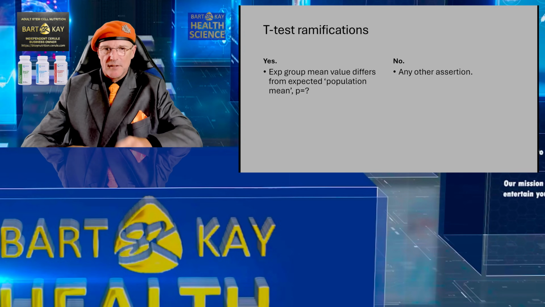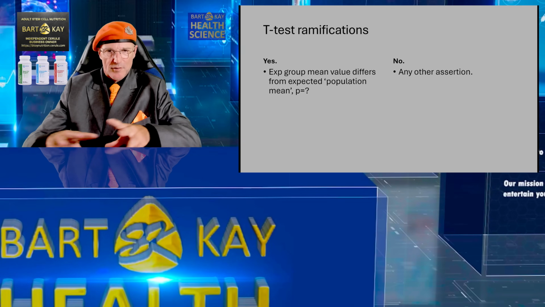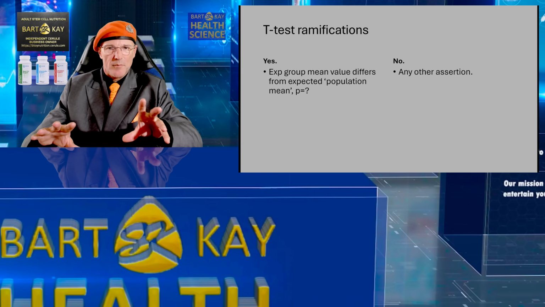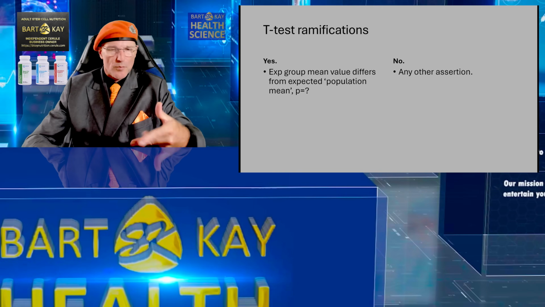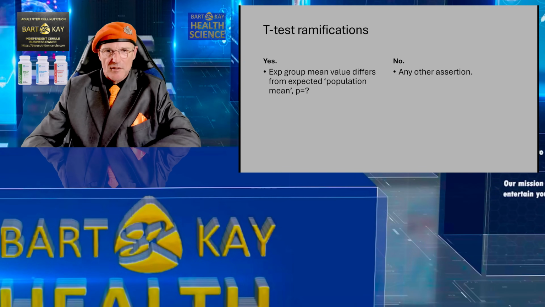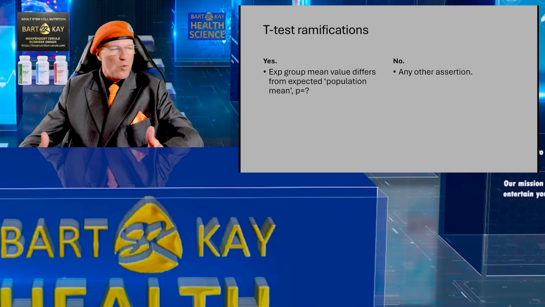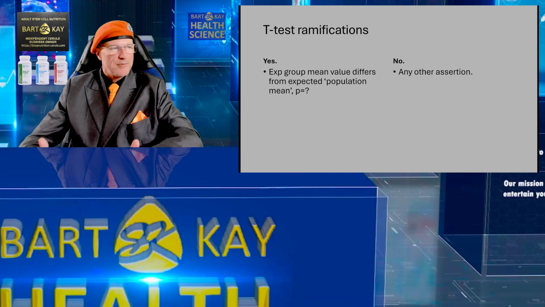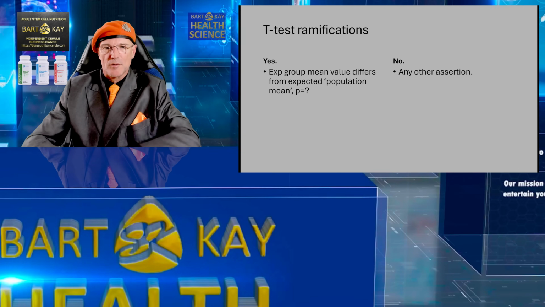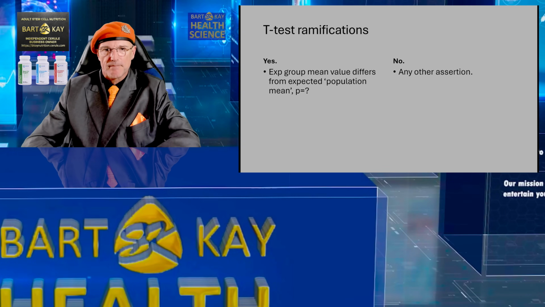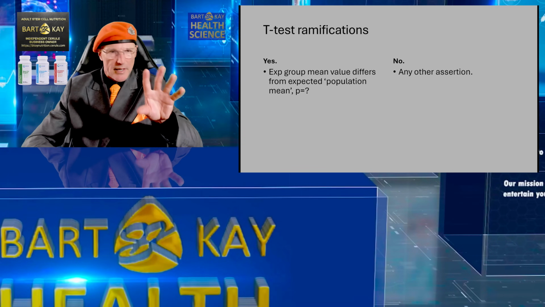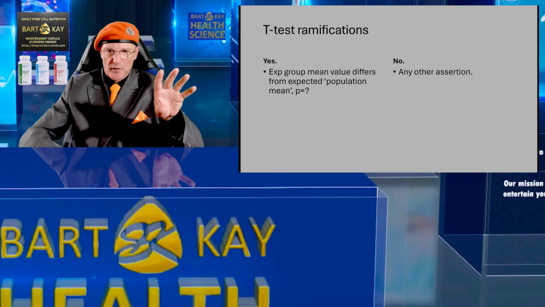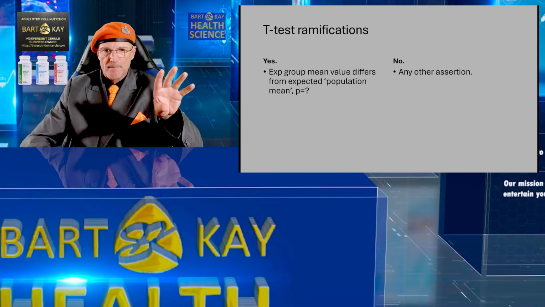and the probability that that level of separation has come from dumb chance of correct random sampling is whatever the probability statistic says. We usually go for p is less than 0.05 for statistical significance by convention. So that's the conclusion. This value that we have here in this group of people that were measured on this occasion under those circumstances at that time,